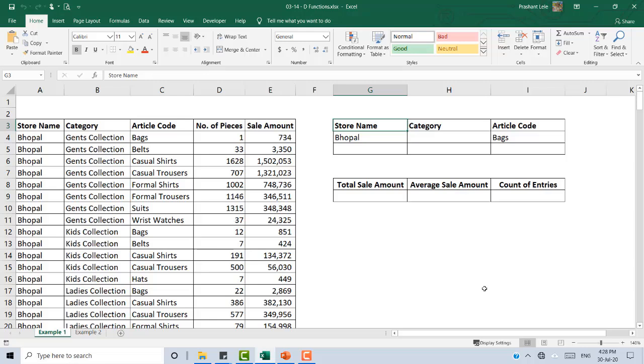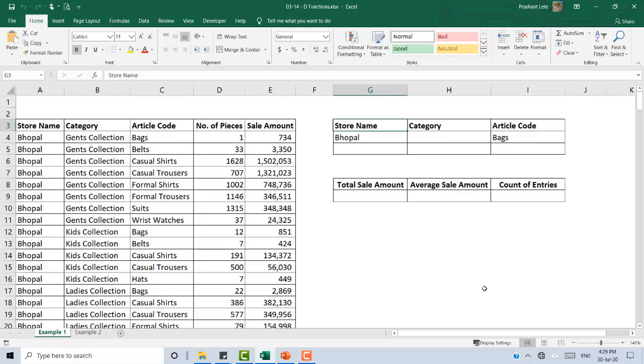If your data is stored accordingly, then you can use D functions in place of SUMIFs and VLOOKUP. Okay, so you can easily replace VLOOKUP and SUMIF or COUNTIF or AVERAGEIF or MINIF, MAXIF, all these IF functions and VLOOKUP with D functions. So only D functions can perform the work of all these other functions, but provided your data is stored in the required way. Plus it can eliminate some of the limitations of SUMIF, COUNTIFs and VLOOKUP also.